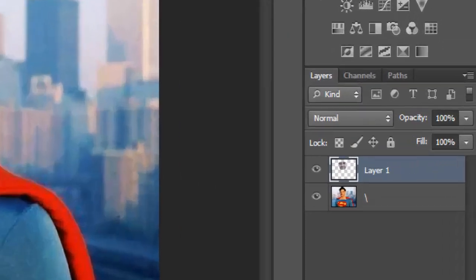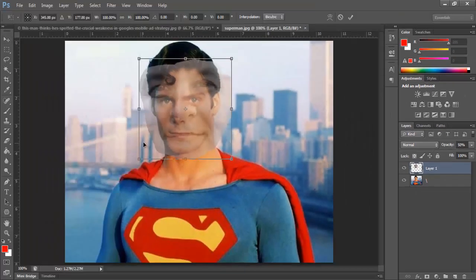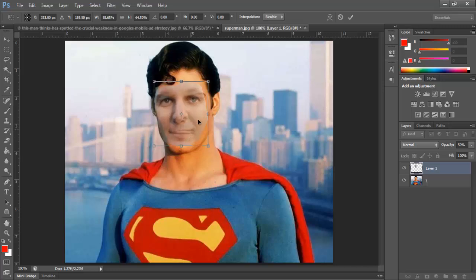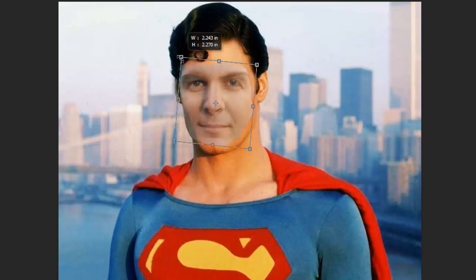And as you can tell, it isn't quite the right size or rotation yet, so you want to take the opacity down to, I like to take it down to about 50, and then hit Control T to pull this up, and then we can just use these to manipulate it. And you want to try to line up the eyes first. I always start with the eyes as a guideline, and then I line up the mouth, the nose. This needs to be rotated back a little more,